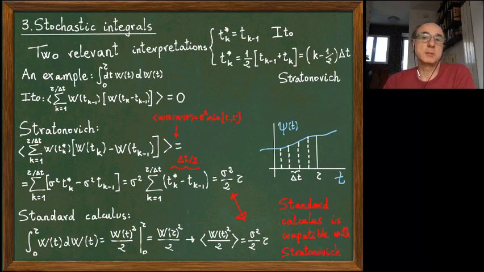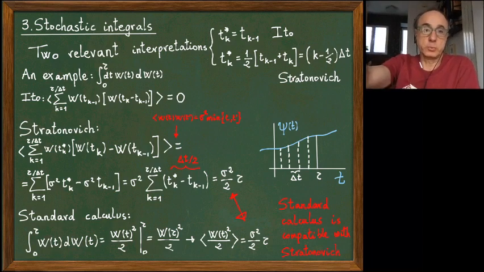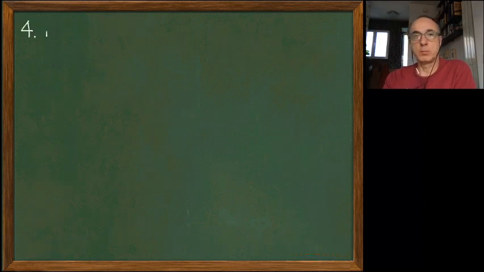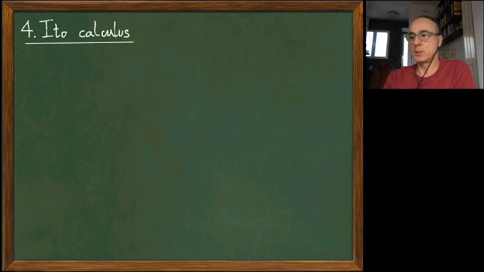So we could just give up and say, well, it doesn't make sense to continue with the Ito interpretation. But what Ito did actually was the opposite, was to really try to make sense of all this. And for that, he had to find a new calculus, really go to the basic rules of calculus. So this is what we are going to see now. This is our fourth section, which is the Ito calculus.